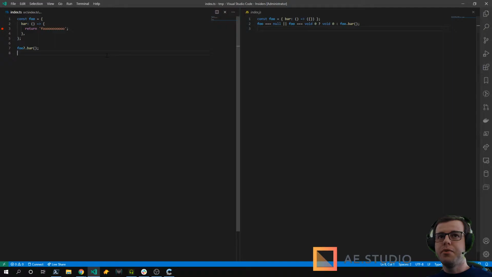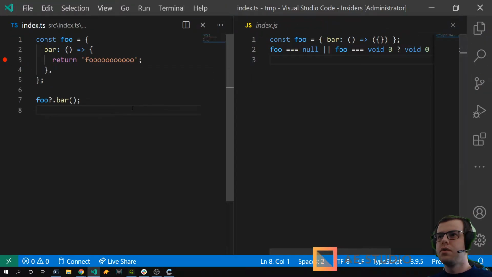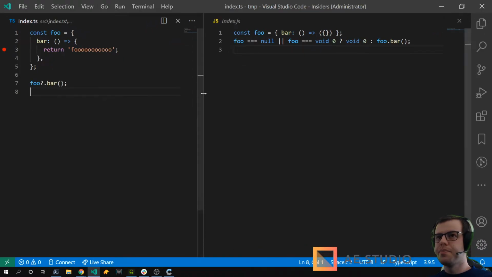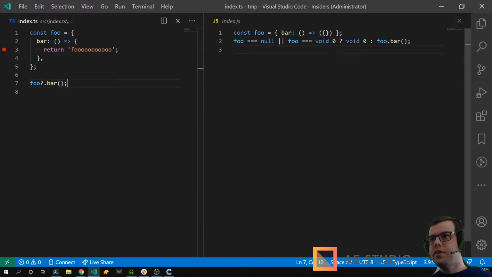I have the example right here. Maybe you can zoom. On the left side, I have my TypeScript code, and on the right side, I have the generated output for this code.